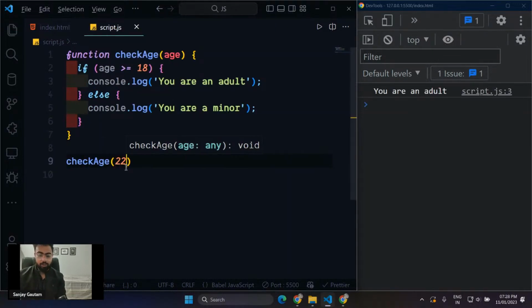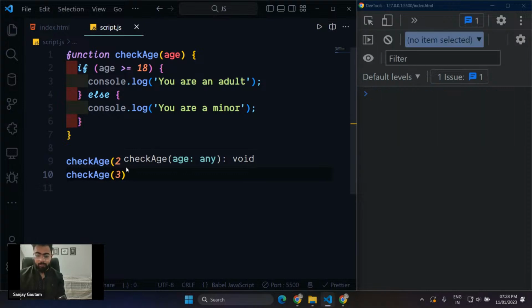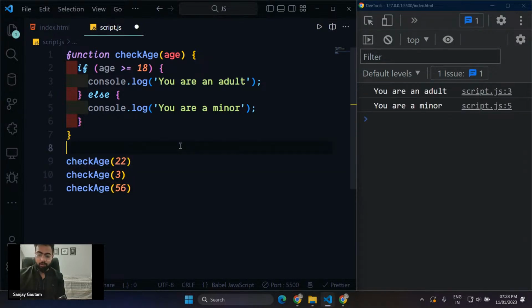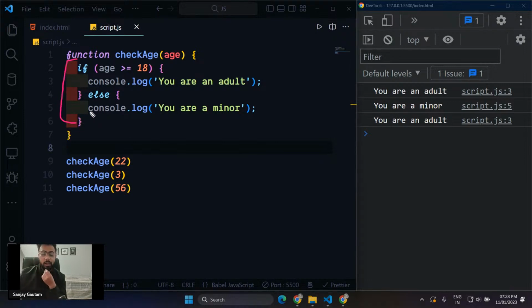this output here, and I can call this with any number I want, and I'm just going to get the proper output here. See, so I don't want to repeat this part of code. Suppose you're creating a government website where you want to check for the age again and again, so just create a function to check the age, and you just need to pass the number here, and it will just get you the result. Suppose you can create a function to calculate the taxes, you can create a function to send a message, you can create a function to play a video, and you can just call that function and that will do the